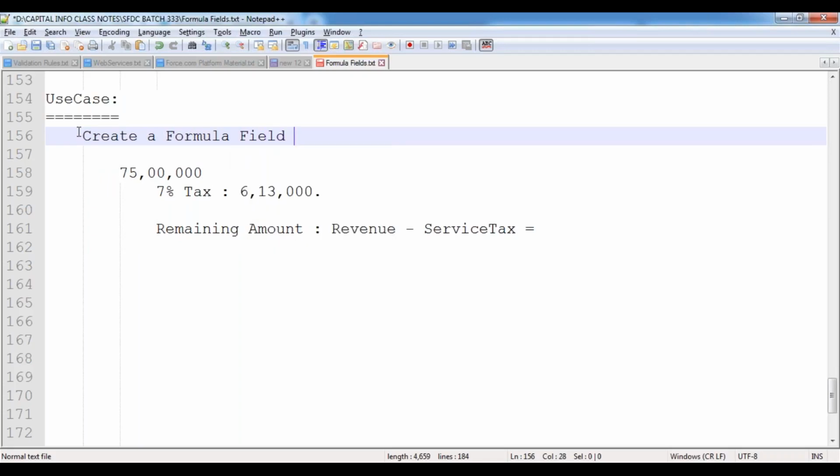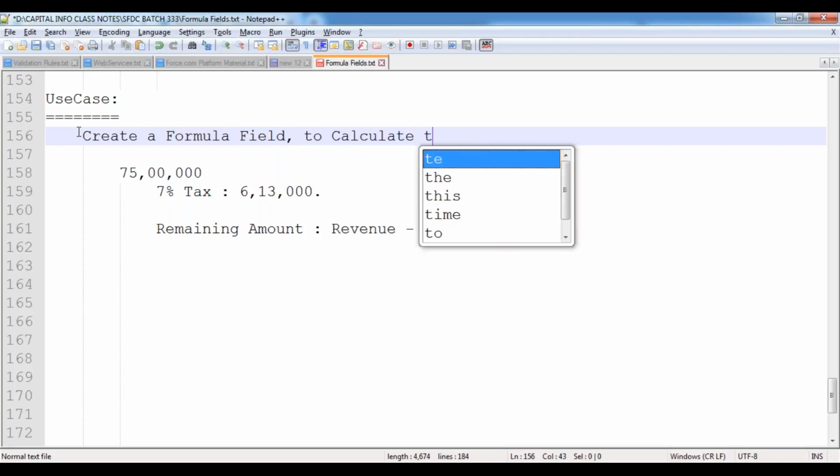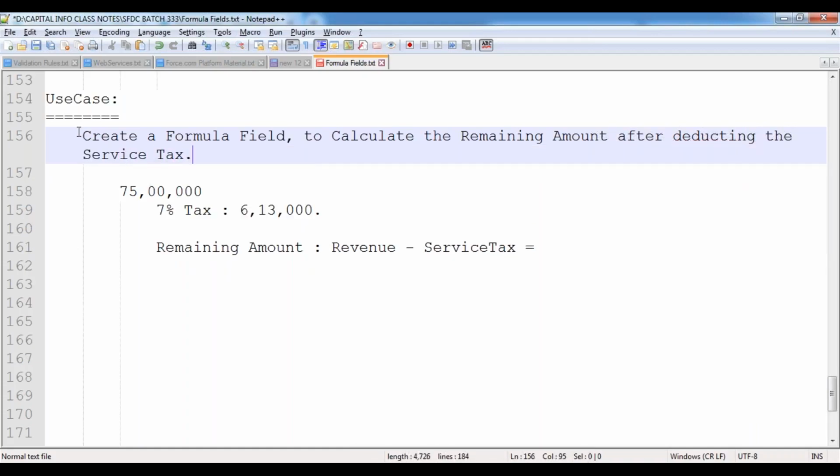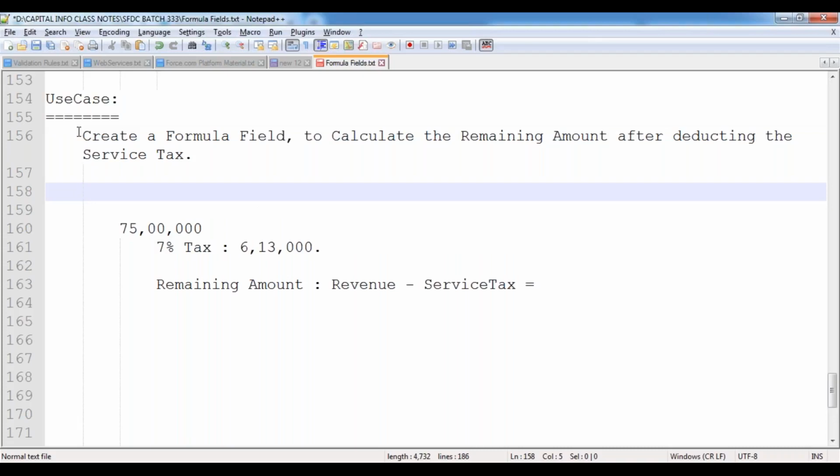Create a formula field to calculate the remaining amount after deducting the service tax. I want to calculate the net amount I have right now, by deducting the service tax amount from the revenue. How can we do that?